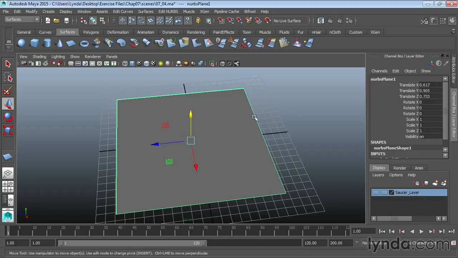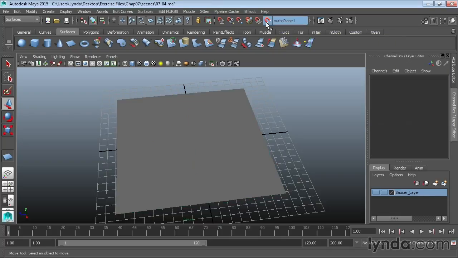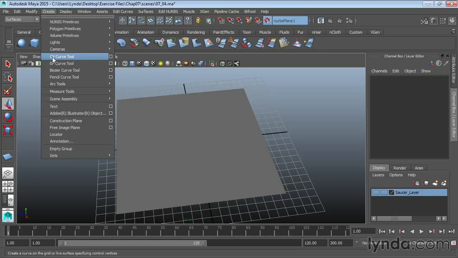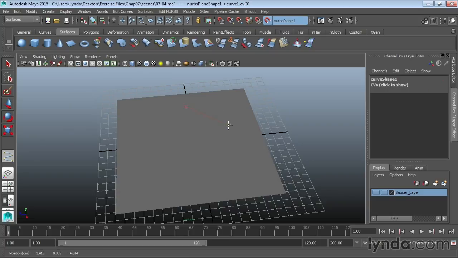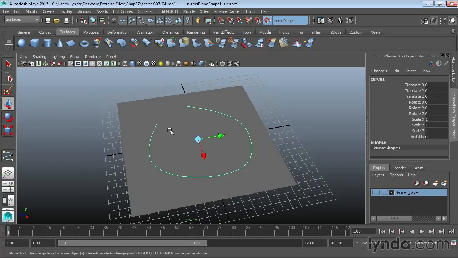So all I have to do is select the object and hit this little magnet icon here. And this is just another form of snap. Now what this does is it makes the object live. In other words, it allows me to draw curves on it. So when I click on this, the surface changes. And then when I create a curve, let's go ahead and create a CV curve, the curves stick to the surface. So if I wanted to create, say, this type of curve here and hit enter,